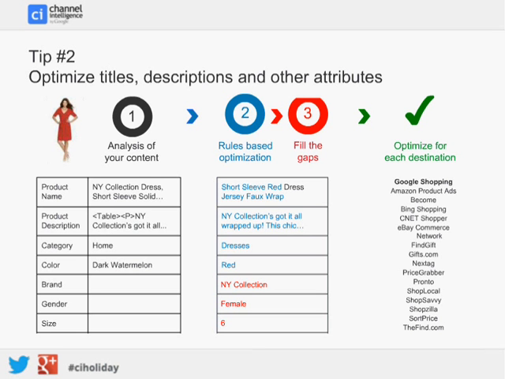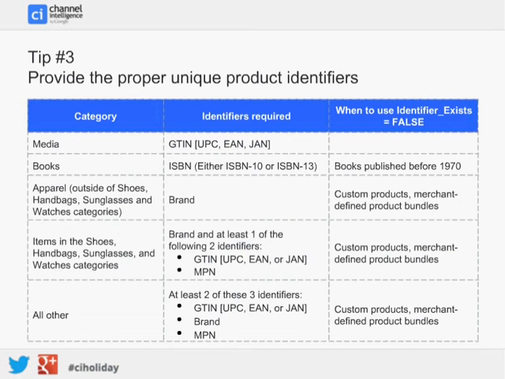Okay, so let's see what our next tip is going to be. Okay, make sure you're providing the proper unique product identifiers. So Google Shopping is particularly stringent on what attributes are required to be present in your feed. So we're going to take you through a few of them. Now, each comparison shopping engine may have different rules, but we're going to walk through some examples for Google Shopping